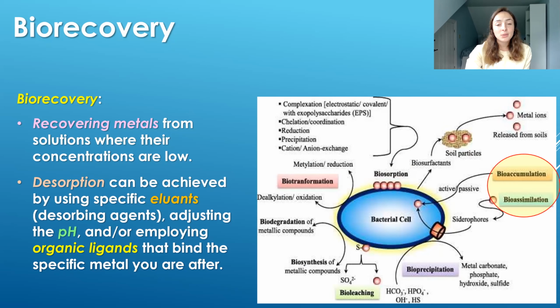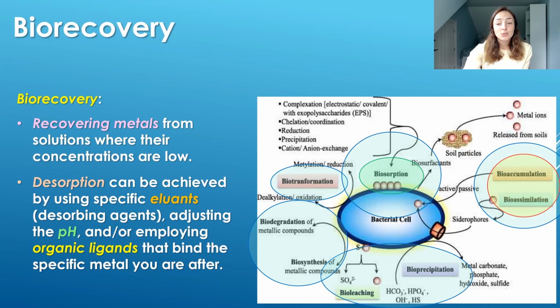So again, bioaccumulation and assimilation are not super favorable, but can also be used in the case of bioremediation and recovery, whereas biosorption is the favorable method of bioremediation and recovery because you can easily desorb the metal contaminants or precious metals that you want after you absorb them onto your biomass, and therefore you can reuse the biomass after desorption. And biotransformation, as well as bioleaching, precipitation, biosynthesis, biodegradation, and again biosorption and bioaccumulation and assimilation will all be